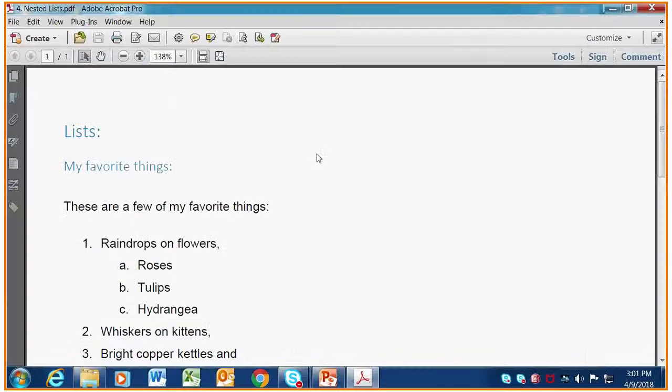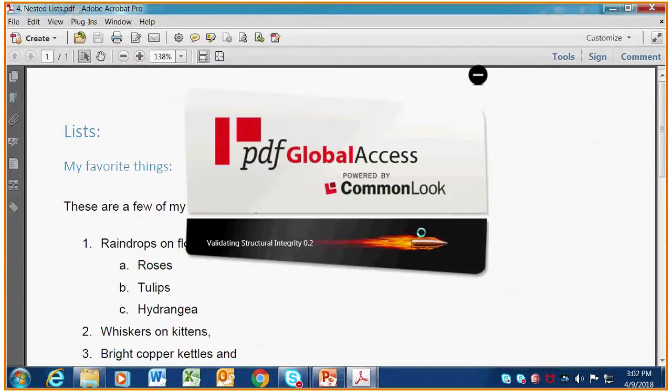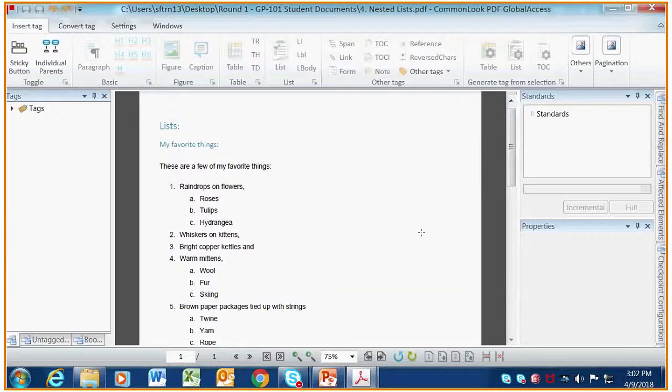But we're getting into number 4. Once you're ready to go, then open Common Look. Are we all in? Okay, cool. So go over to the tag tree, right? Open up your tag tree,